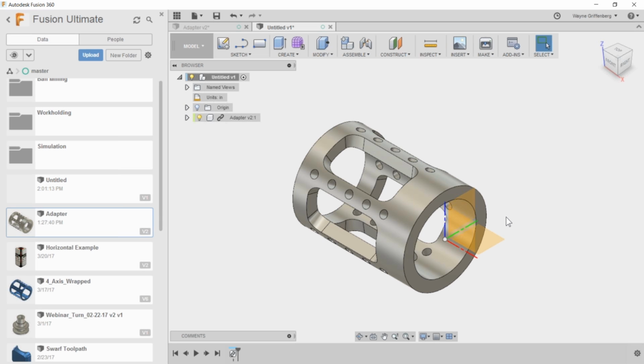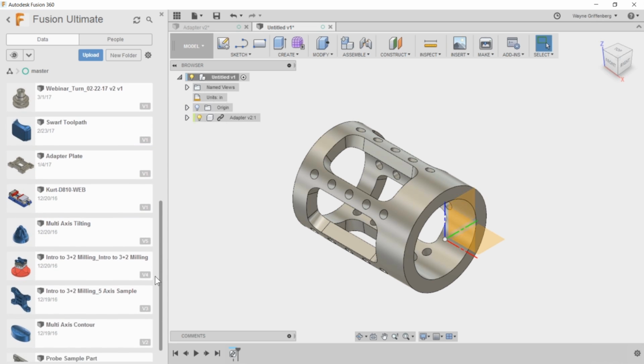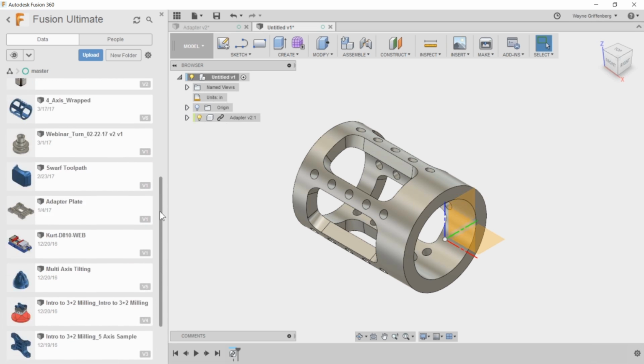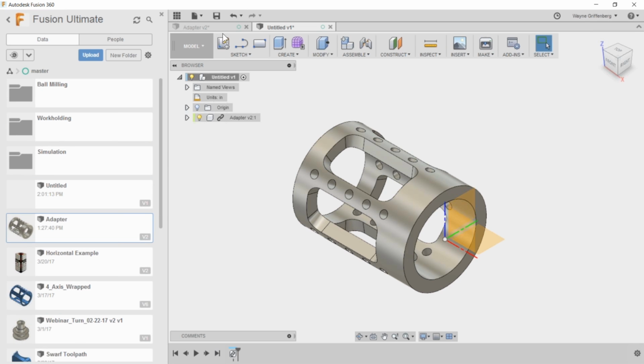Let's answer a couple more questions here. Let's see here. For sheet goods, are there any integrated part / profile nesting functions in Fusion 360? So nesting isn't there yet. We do own the True Nest product, but I can show you in some quick way that we could do